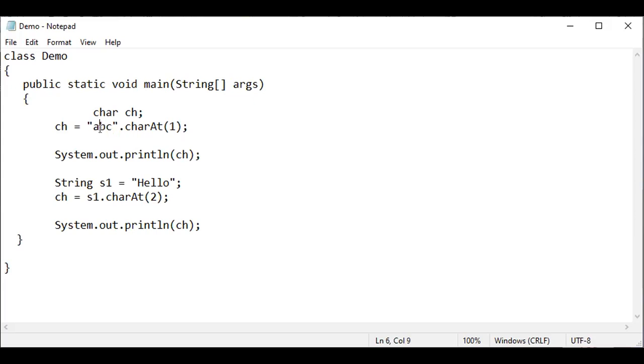So B is returned. In hello, index 2: H is 0, E is 1, L is 2. So L will be returned. This is the process of extracting characters from the string.